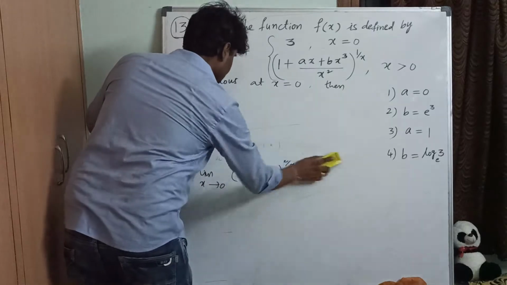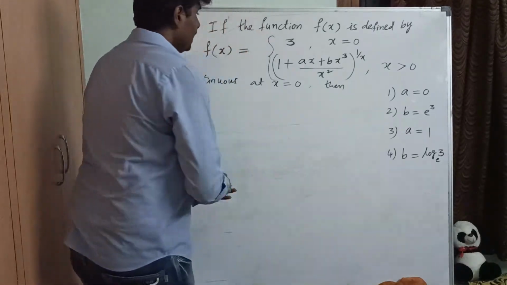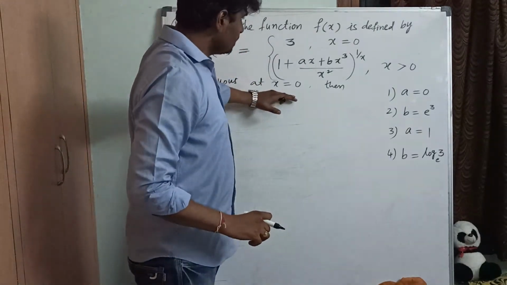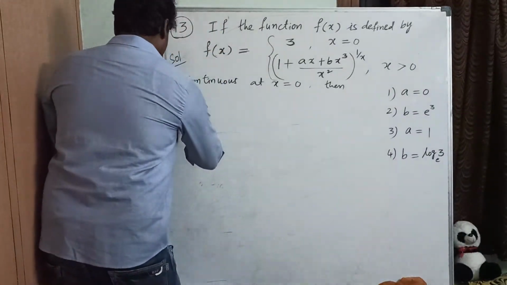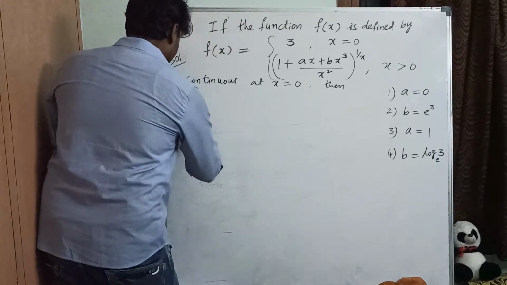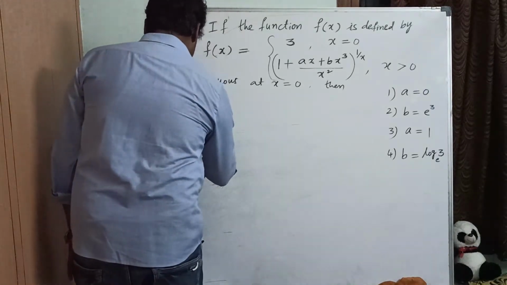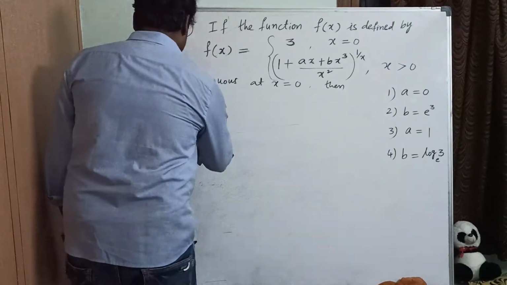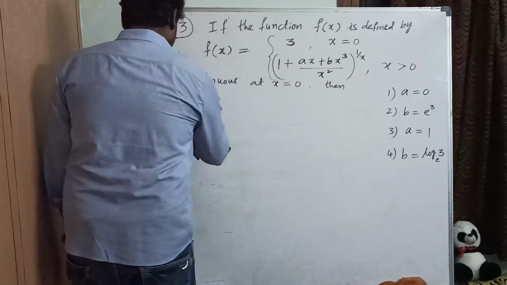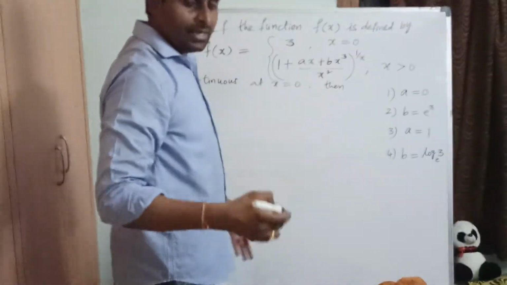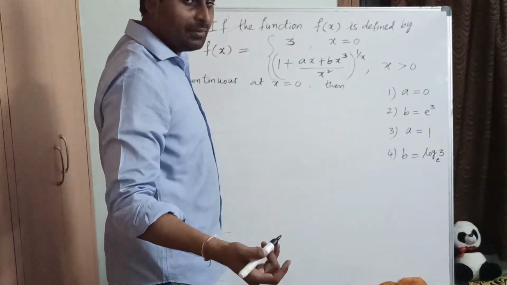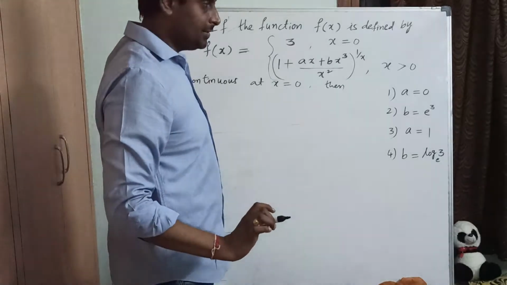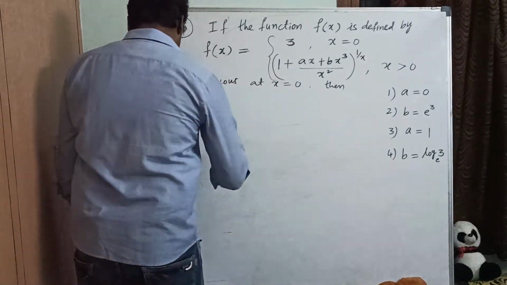Now, here this was given as continuous, so this must be equal to the functional value, correct? So now let us find the limit as x tends to 0. So this is the RHL. Anyway, the LHL is not given. The RHL must be equal to that because it was given as continuous already. So the RHL or LHL, whichever is available, must be equal to the functional value. Okay, so now the limit as x tends to 0.